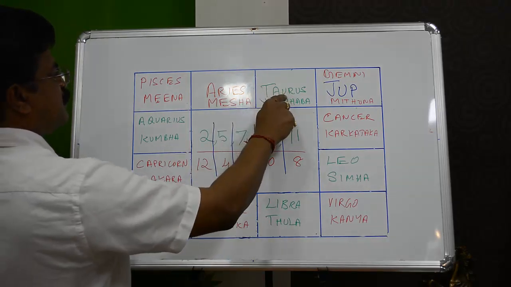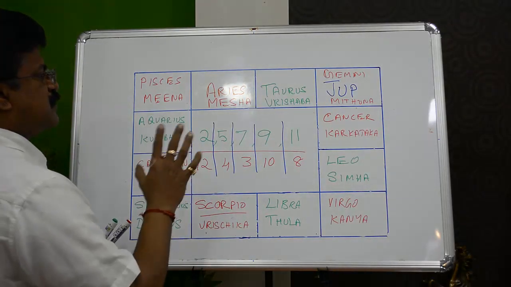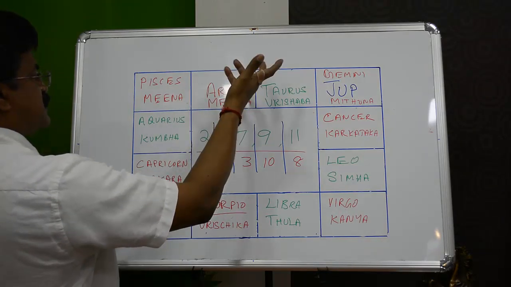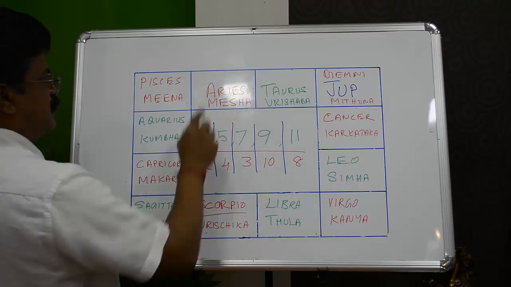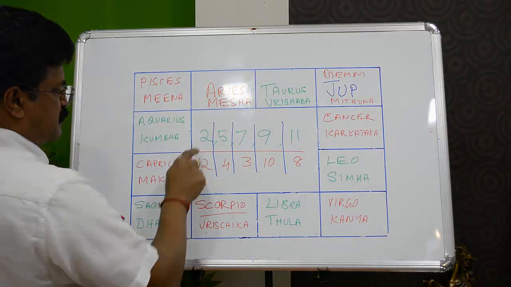So for example, if this is your moon sign and you had Jupiter here, you may think that this year is very good, but what may have happened is some other planet, for example Saturn, might be occupying the 12th from your moon sign, which is over here, in which case you will not get the good results of Jupiter being in the second house. That is the meaning of this.